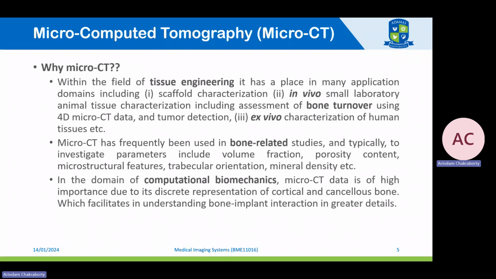And the next thing, in case of biomedical applications, particularly regarding bone related studies, is to investigate different indexing parameters of bone, for example, the volume fraction, the porosity content, the microstructural features like trabecular orientation, the mineral densities, etc. They can be calculated through the micro-CT based images. As well, one of the important domains of micro-CT application, we can say, is computational biomechanics, where the micro-CT data can be used